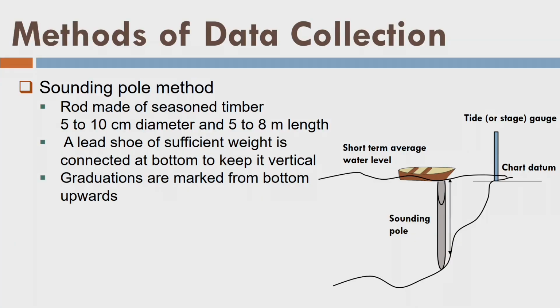Okay, I assume here that there is no water current, so water is still or it's very calm, and as a result whatever depth of the water is there, that will be indicated by the sounding pole. And the sounding pole at the time of measurement touches the river bed or seabed. Fine. As I know that it is only 5 to 8 meter in height or length, we can conduct the hydrographic surveys with this sounding pole if the depths are in this order. Fine. So these are the idea, and the key point here is that the 0 point is always marked at the bottom where the sounding pole or the lead line touches the river bed.